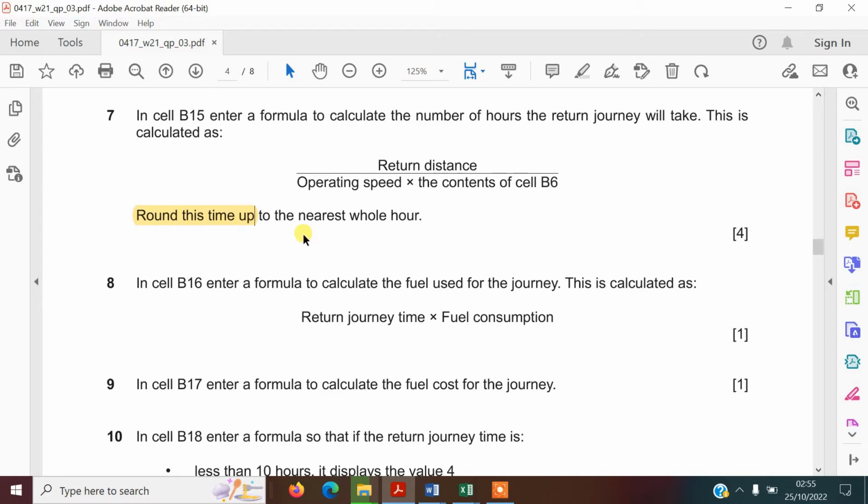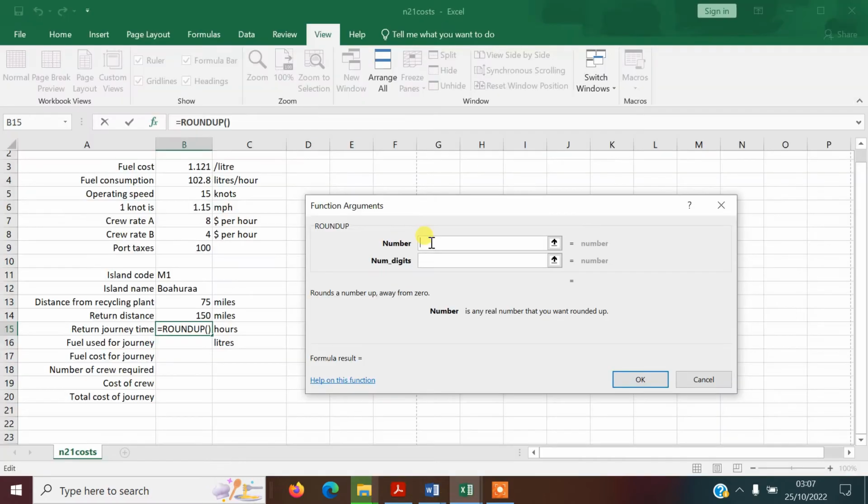So I automatically think I could use a function here to round up the calculation that I do. So what I would do is nest this calculation here within a round up function. So we get this calculation done and then it will automatically be rounded up. We don't have to do that ourselves. So I'm going to go ahead and have a look at that now. Okay, so the return distance is here. So that goes in our calculation and we're dividing that